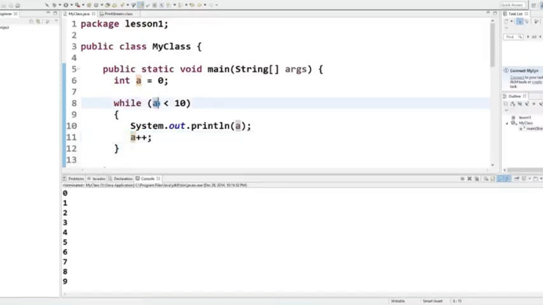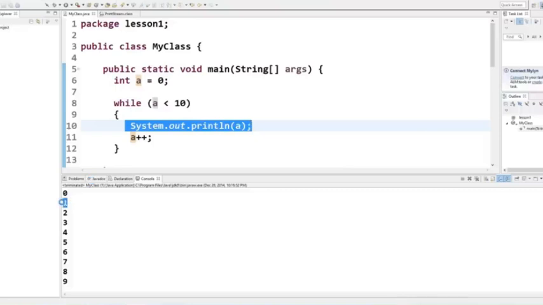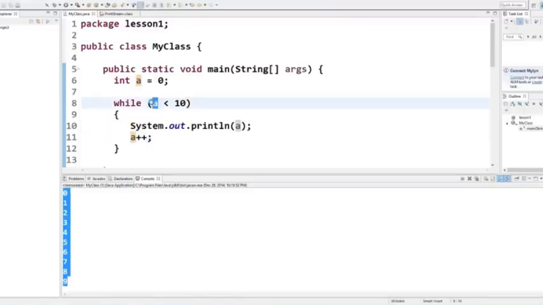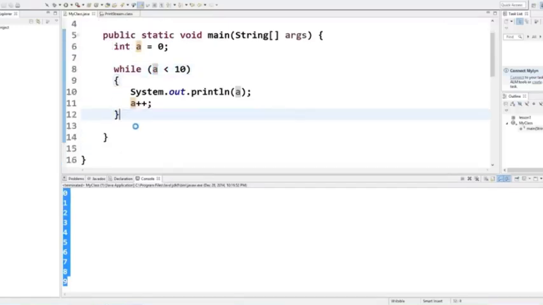Then it goes here once again, and 1 is less than 10, then it prints the value of a once again and it prints 1 here, and it executes the same statement again and again, and it increases the value of a again and again until the value of a becomes 10. So it printed the value of a until 9, but when the value of a becomes 10 here, 10 is not less than 10, then the condition is false and we will go out of the loop and